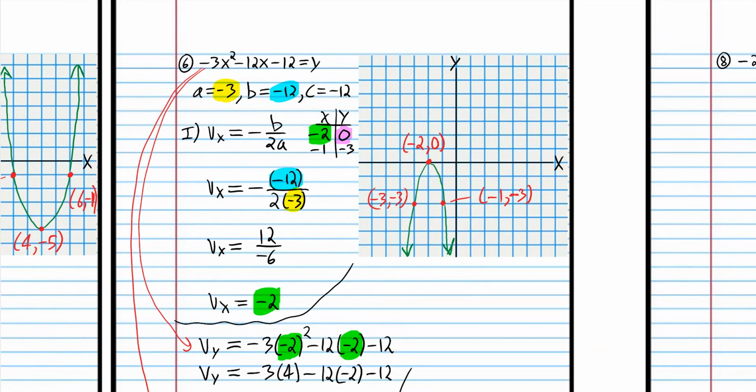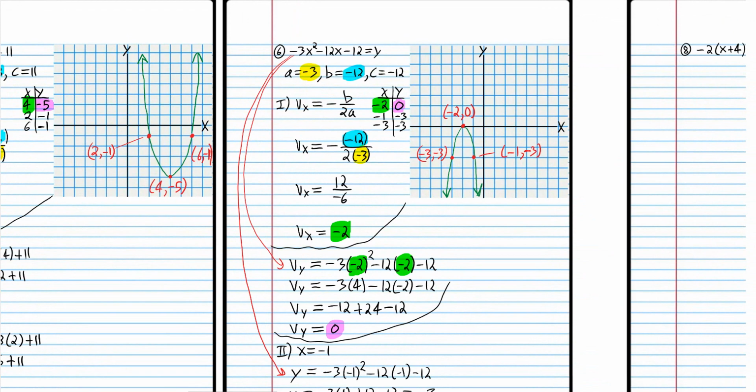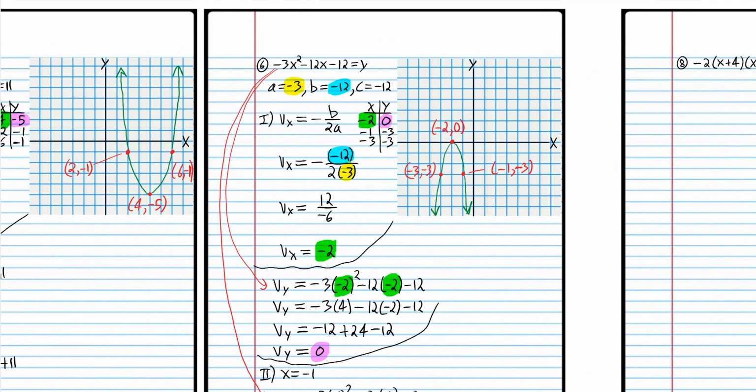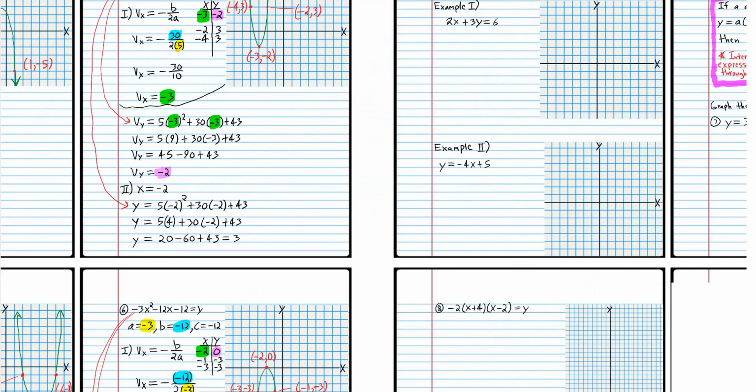And we're going to go ahead and put that last point in the table. -3, -3. So there you go. If you got that graph, good job. Okay, so now we're going to go on to